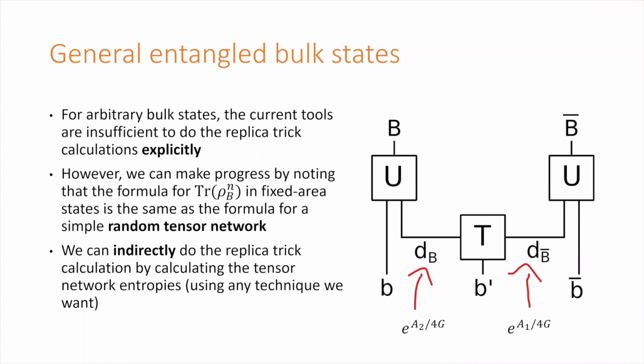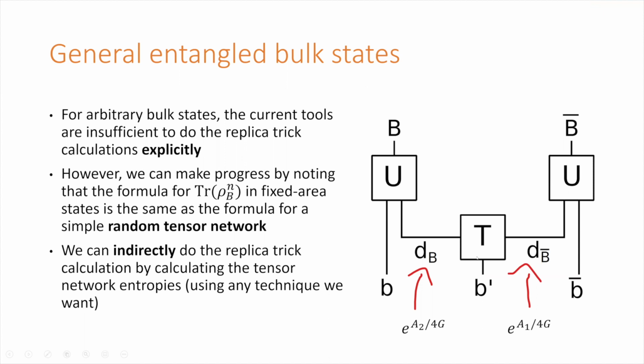Could I ask a question? What's random here, T or U, or both? T is random. U can be, but U is just a unitary. We're assuming this has infinite output dimension, so applying this unitary here doesn't make any difference at all. We could have just said that B is this thing plus this thing. So the important randomness comes from T.